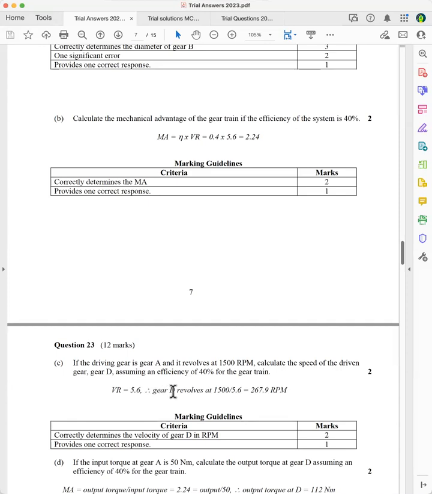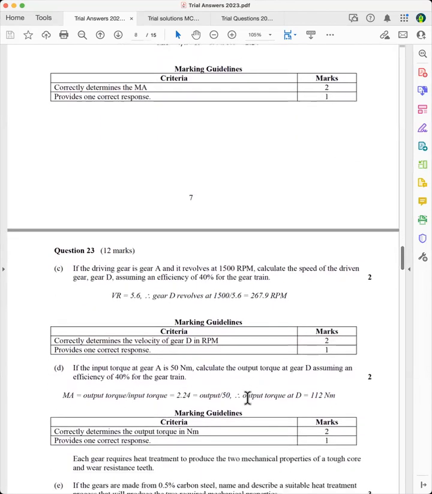Therefore, the gear D revolves at 1500 divided by 5.6, and so that's 267.9 revs per minute. So you can see that gear A is going much faster because it goes 5.6 times